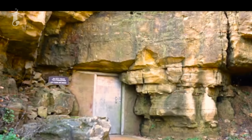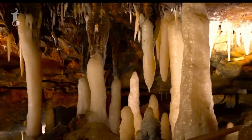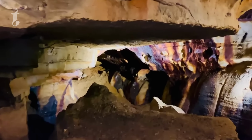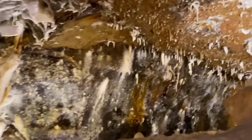Crystal white stalactites hang from the ceiling. Stalagmites rise from the ground like frozen fountains. Some formations sparkle in purples, oranges, and blues, created by natural minerals seeping through the rock for thousands of years. The crown jewel? A nearly 5-foot-long crystal formation called the Crystal King, one of the largest and most perfectly formed